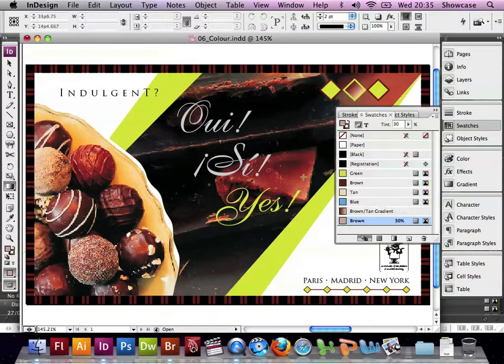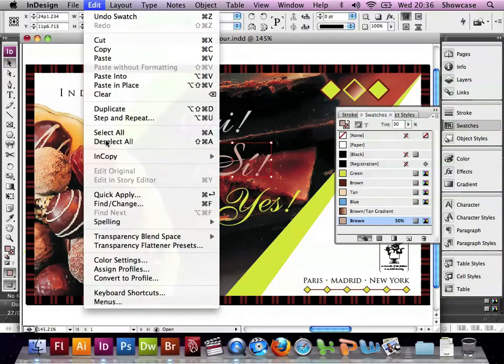If we want to apply that colour, we can click on the text in the middle of the design and choose a fill and give it the brown tint colour. Now let's deselect all,